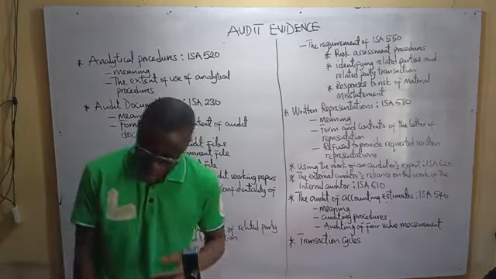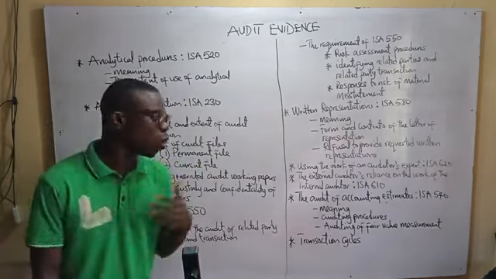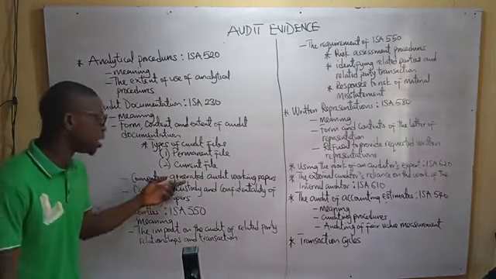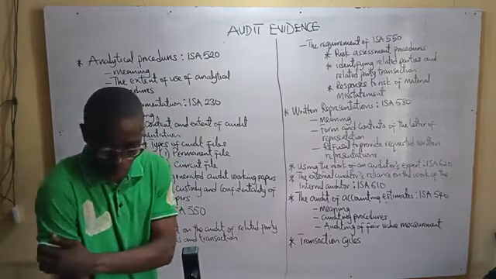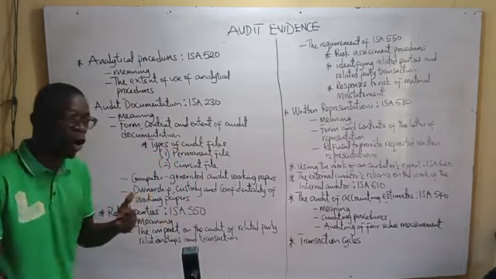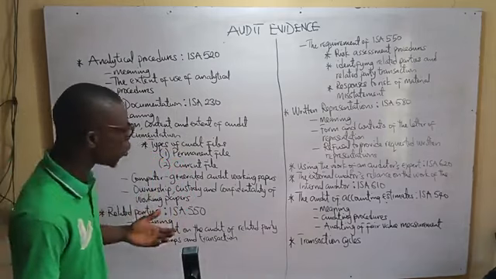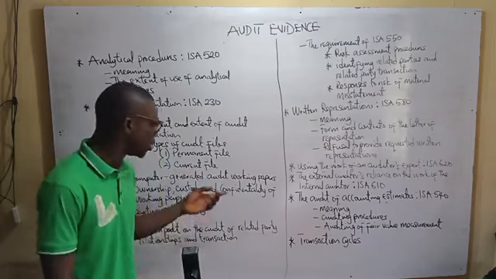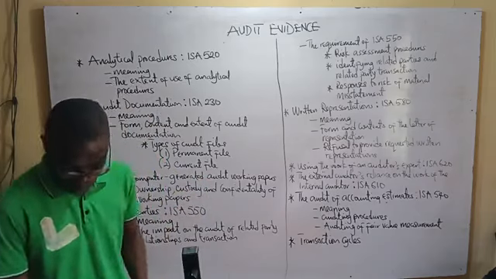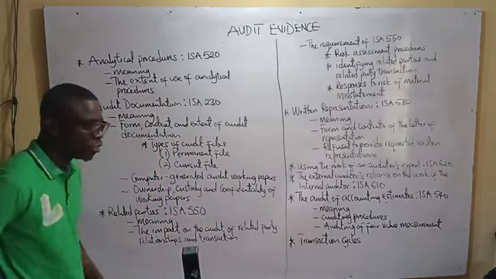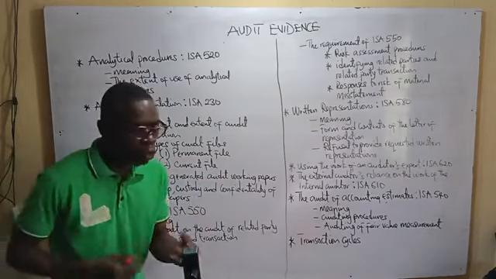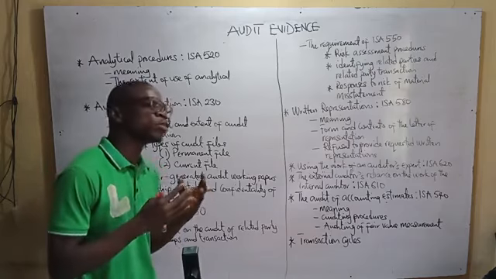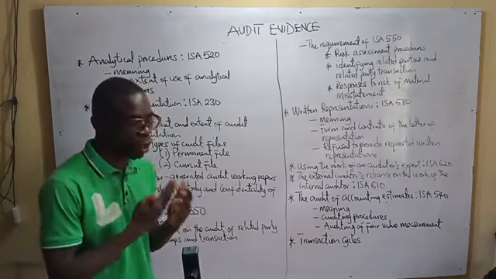There's a low risk of error when you are using computer generated audit working paper. There's low risk of what? Of error, because it's that audit package that will populate the audit working paper. Also, it means that in computer generated audit working paper, the audit engagement